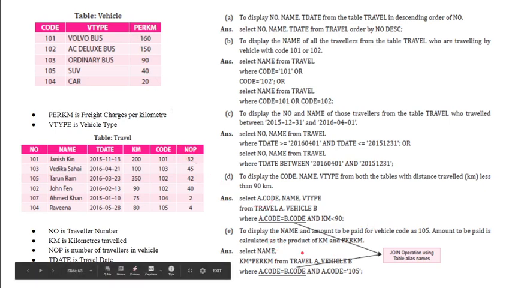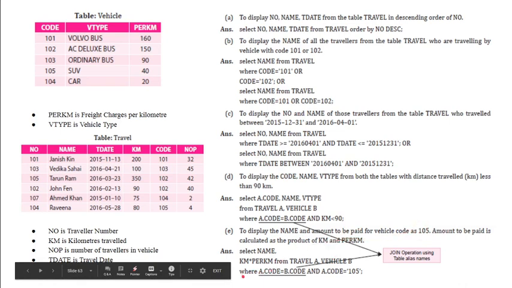Select name, kilometer into per kilometer from both the tables, travel, vehicle. And there is a condition that vehicle code is 105.